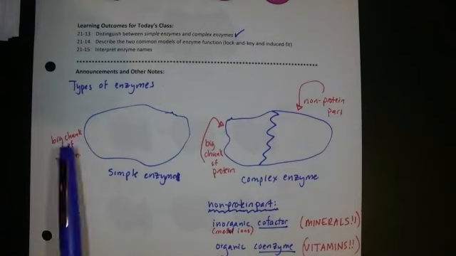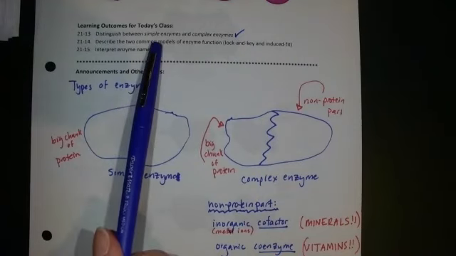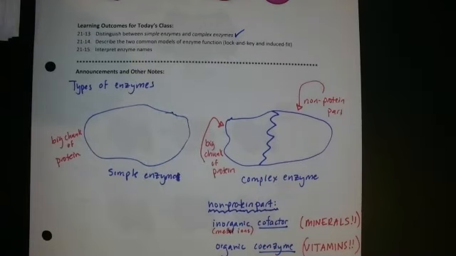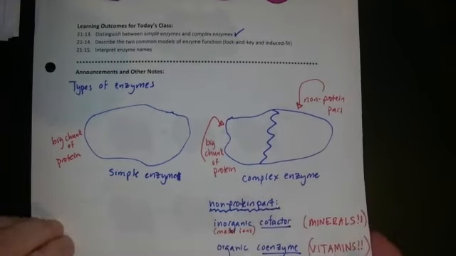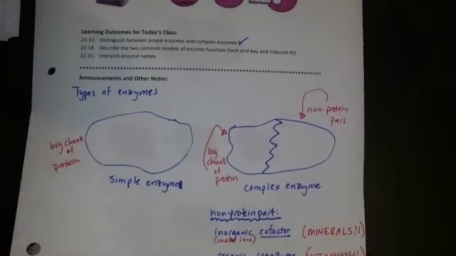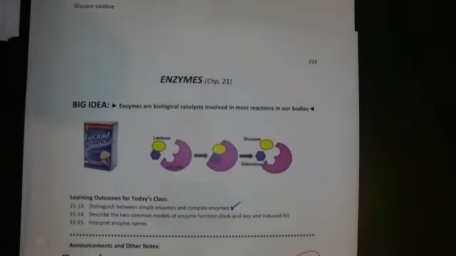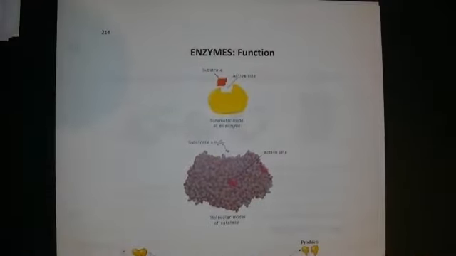The next step for us is to look at the two common models of how enzymes function, how they actually do their work. And before that, or as part of that, we'll say, what is that work? What is it that enzymes need to do? So I'm going to flip the page over to page 214 to start talking a little bit about enzyme function. And as I mentioned just now, I said make sure that we have a sense of what is it that enzymes do, like what is their function.